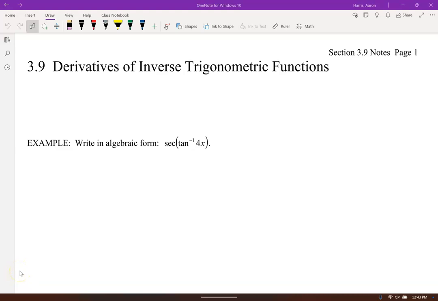All right, we're going to take a look at derivatives of inverse trig functions today. Let's review inverse functions for a minute. If you remember, like the sine of x,